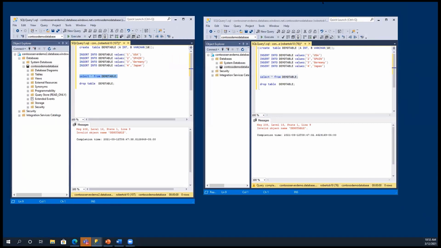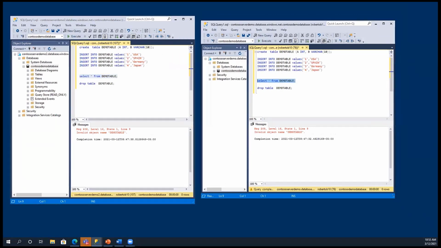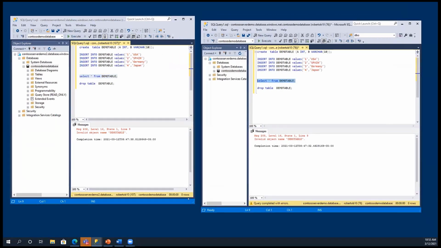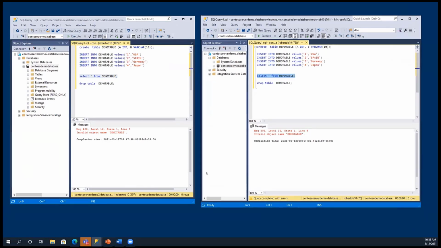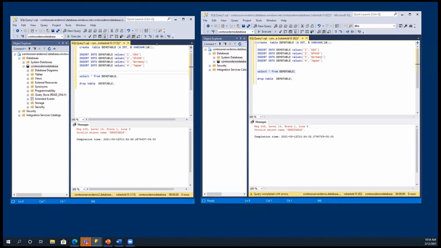What I want to show, in a very simple way, is the concept. I have the window on the left, which is my database in East US, and my window on the right is my database in West US. So the primary is the one on the left, the East one.